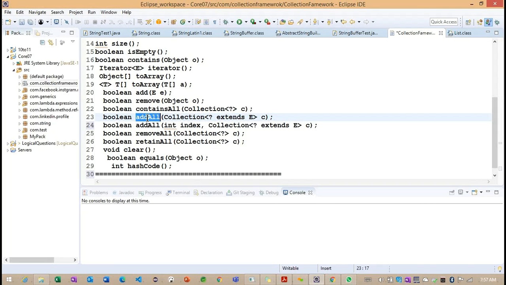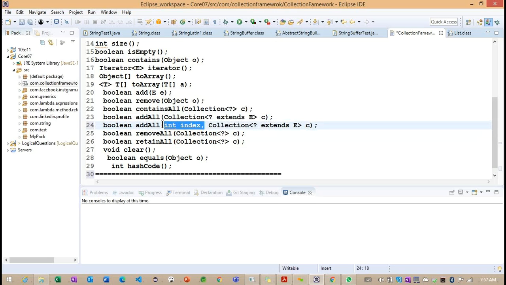So this method we are going to call with the help of an object. Based on which object we call it on, the parameter collection objects are going to be stored into the current collection object here. But the only difference we need to focus on is the int index here.